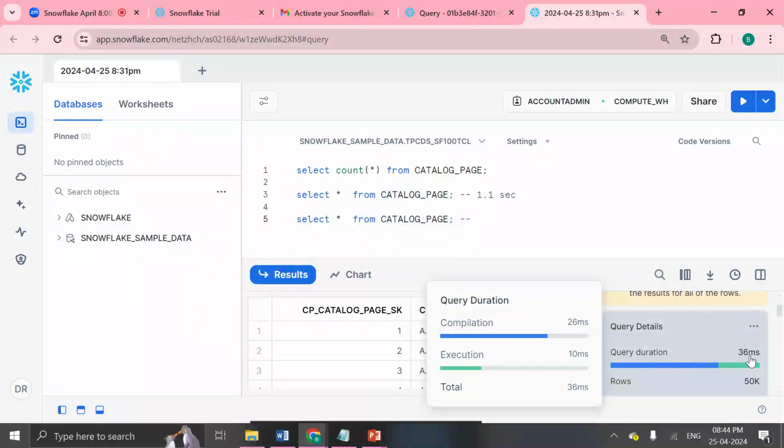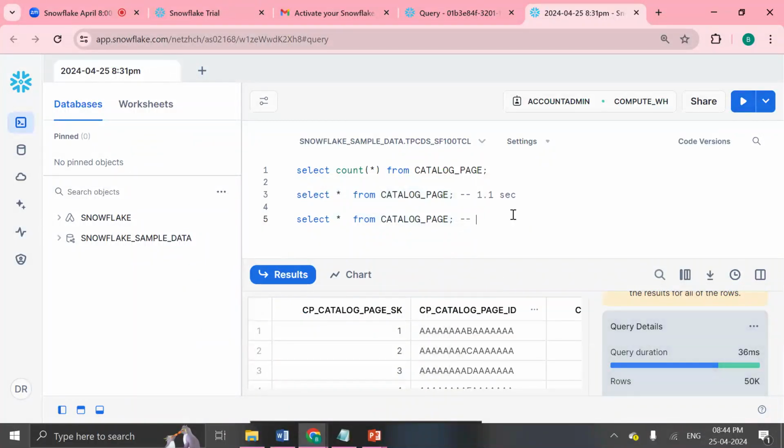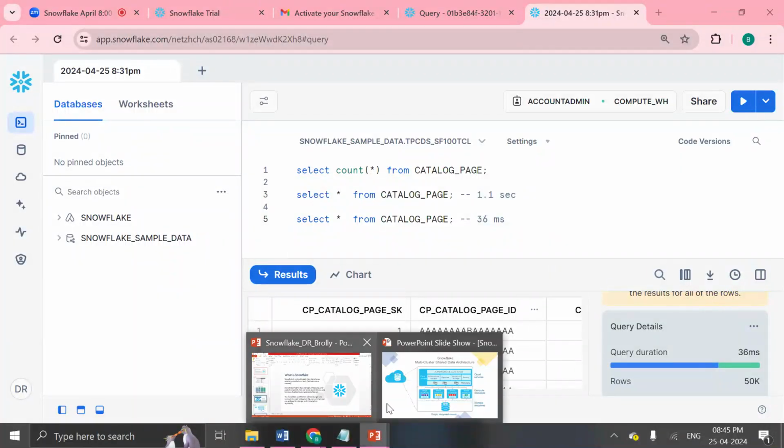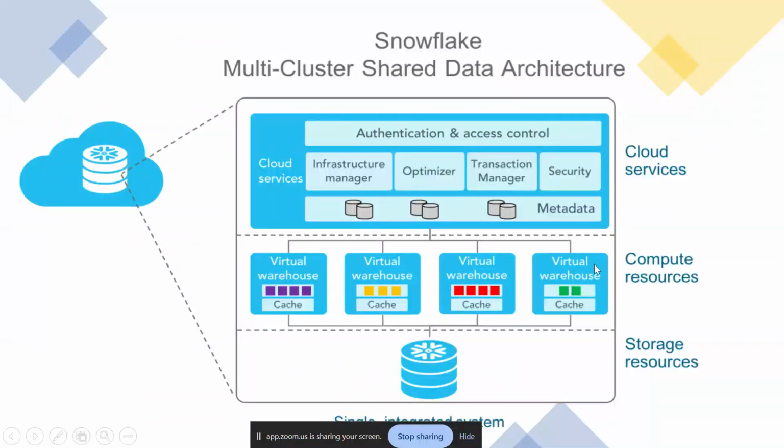See this, totally 36 milliseconds. 36 milliseconds it has taken now. First, initially it has taken 1.1 second. Second time it has taken 36 milliseconds. Why is there a difference? In the back end, what will happen is, second time when you are running a query,